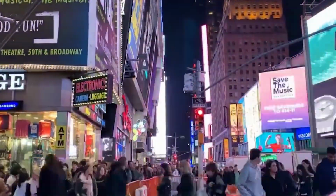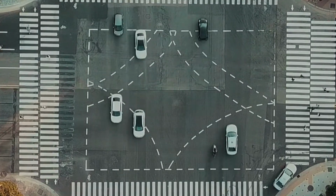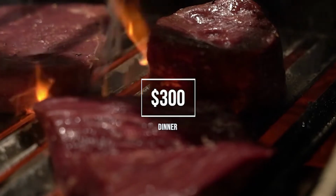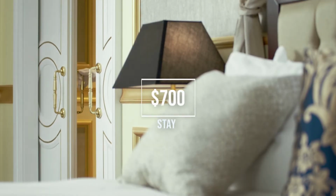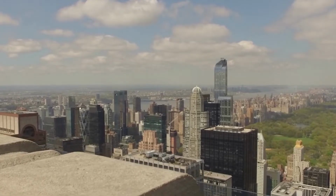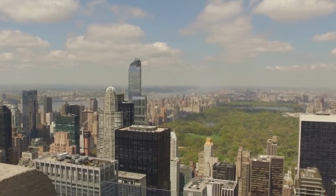New York is a city that is known for its luxury. No trip is quite complete without a $600 ticket to see a Broadway show, a $300 steak dinner, or a $700 per night stay in a nice penthouse on the Lower East Side, as you can see. New York is no place for people with a thin wallet, and there's nothing that better reflects that than the